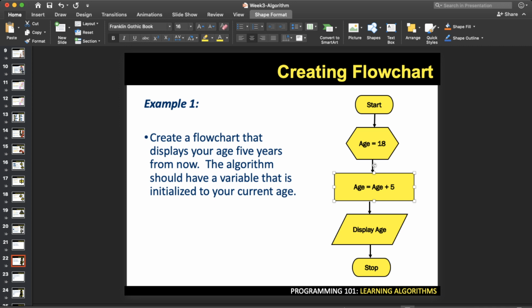And does it have finite steps? Yeah, it has a few steps, and it has a start and end. And lastly, does your algorithm have an output? If you see, there is an output, represented here by just displaying your output. Okay, so that's actually how